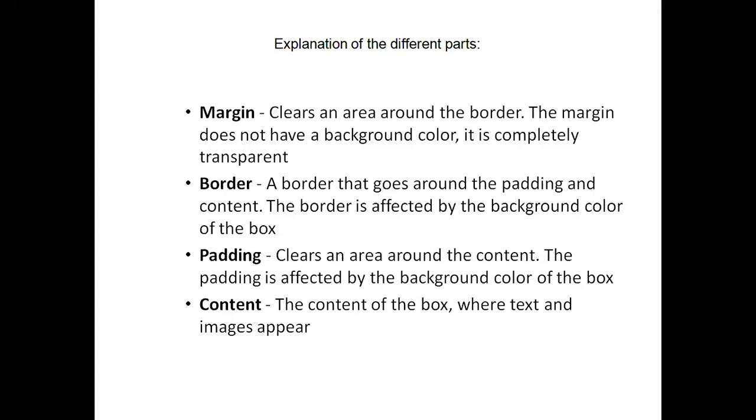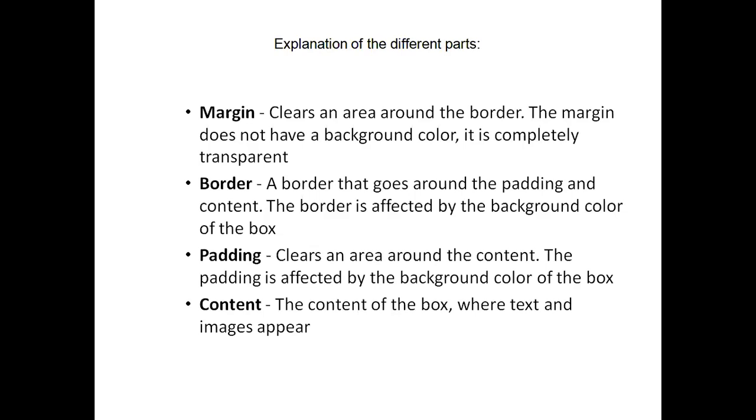The margin does not have any background color. It is completely transparent. Whatever we do, we do inside the margin boxes, but outside the margin box the space will be white and transparent. Just think of a simple white page where we are trying to write something or draw some design. Before painting, a margin will be there, and outside the margin area it is a clear white transparent area with no background color. So this is called a margin.